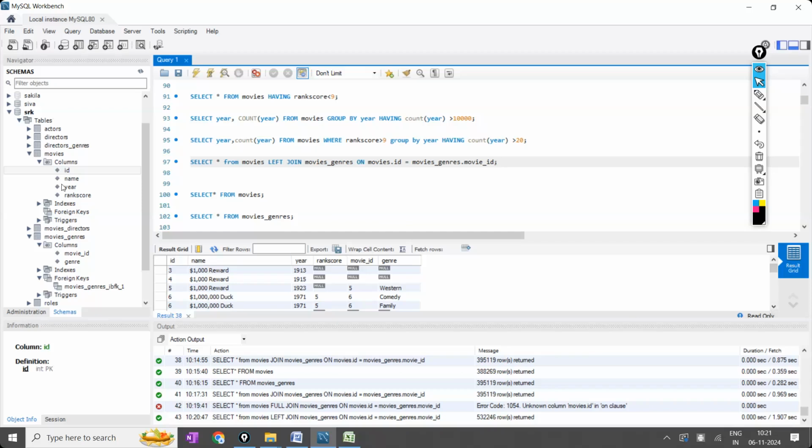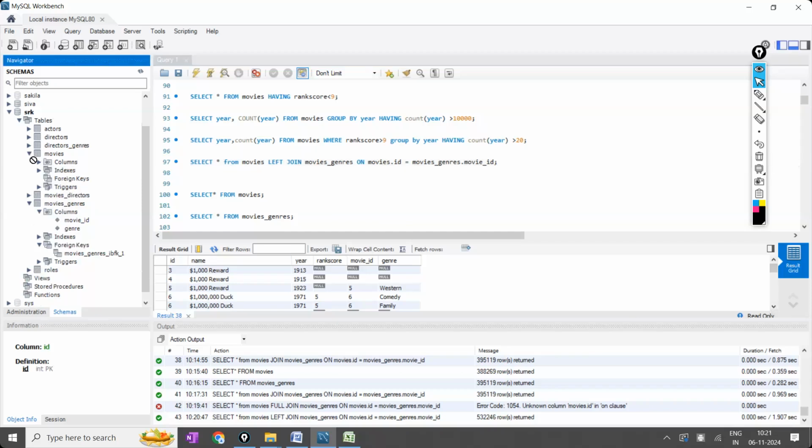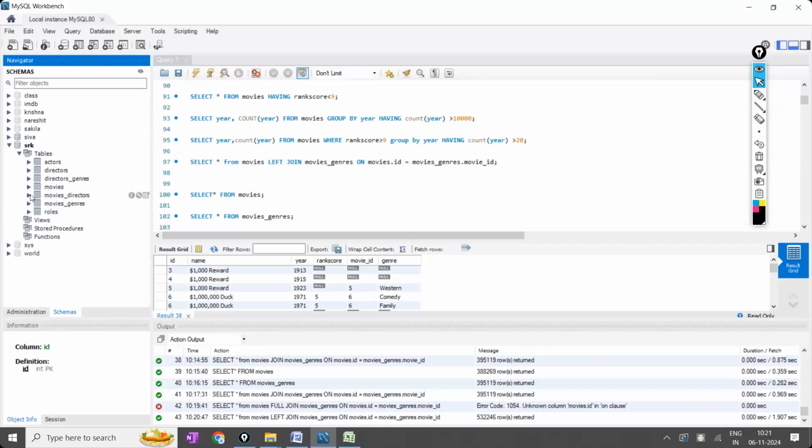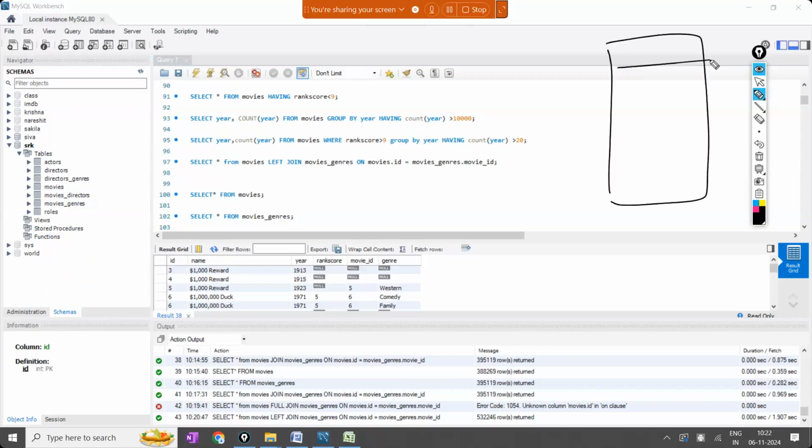For example, I am selecting the movies table. I want to join movies to some other table. So which table it has to be connected to means to which table it was connected earlier, I mean based on the ER diagram. So in the ER diagram, for example, you are having it like this. Now if I open my PPT, whatever ER diagram I am having,